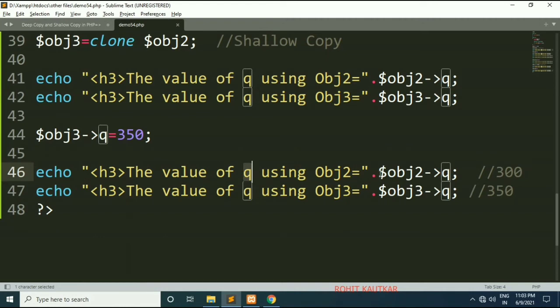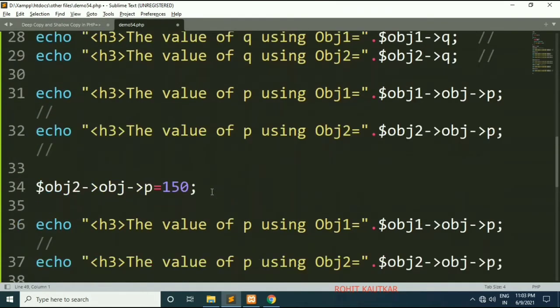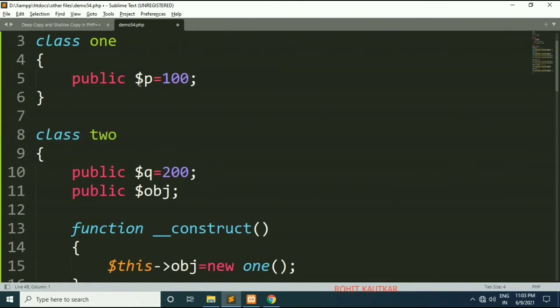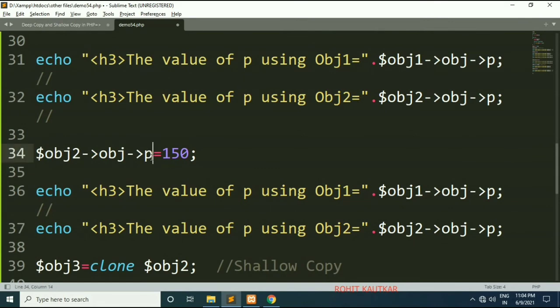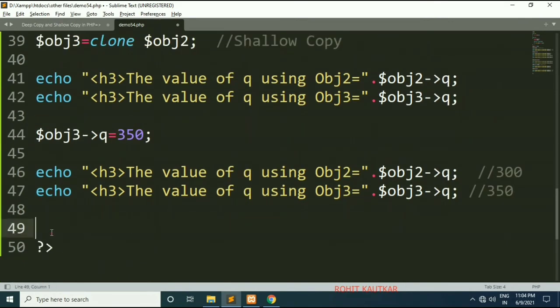Now I will show you what will happen in case of a reference. First of all, we will print the value of the p variable. What is the latest value of the p variable? 150 is the latest value.